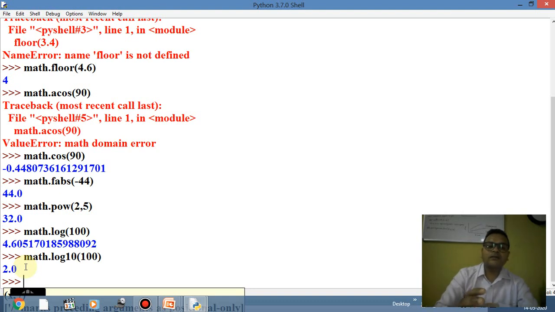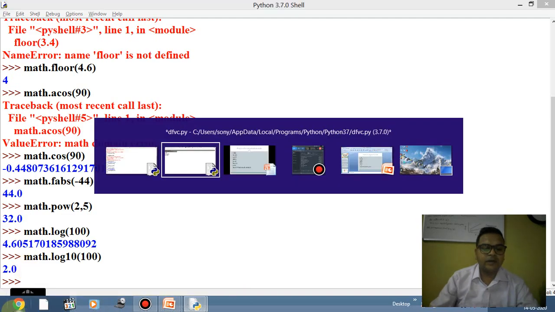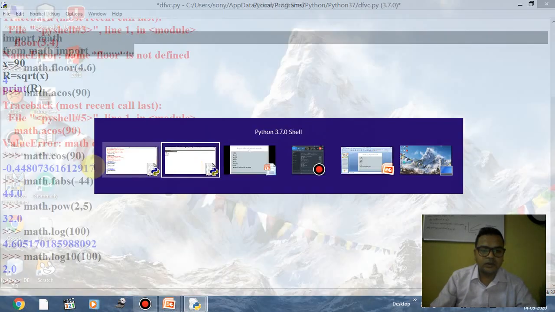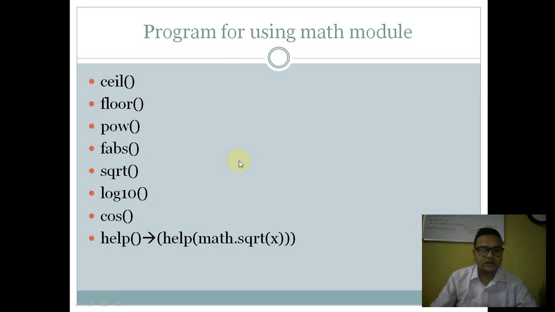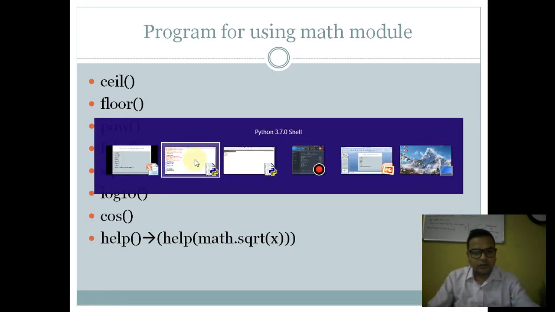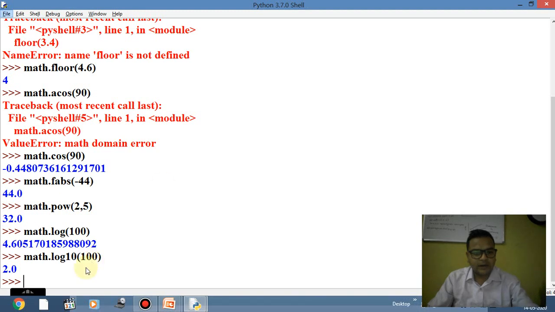These functions are a sort of capsule, and the capsule name is math. If I want to know the purpose of a specific function in that capsule, I can use capsule dot the function name, and that will give the functionality of that particular function available in the capsule. Clear? Students, I'm not going into detail about this one, but you should go through all these functions.